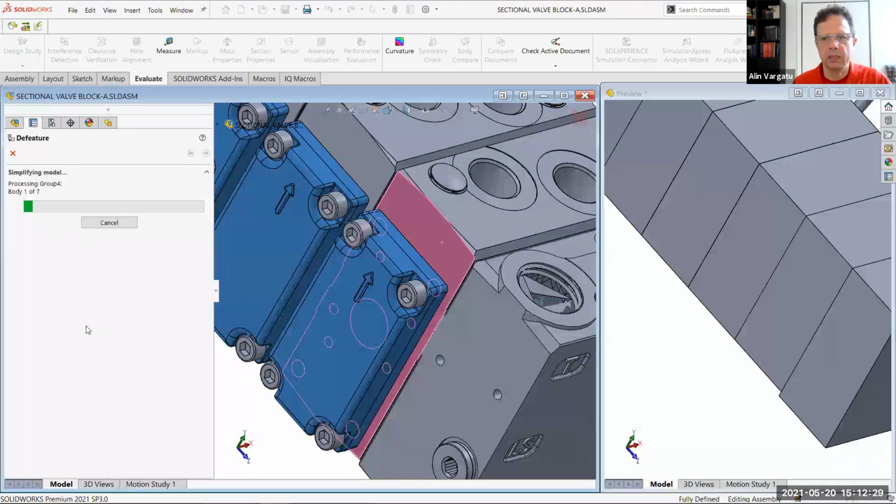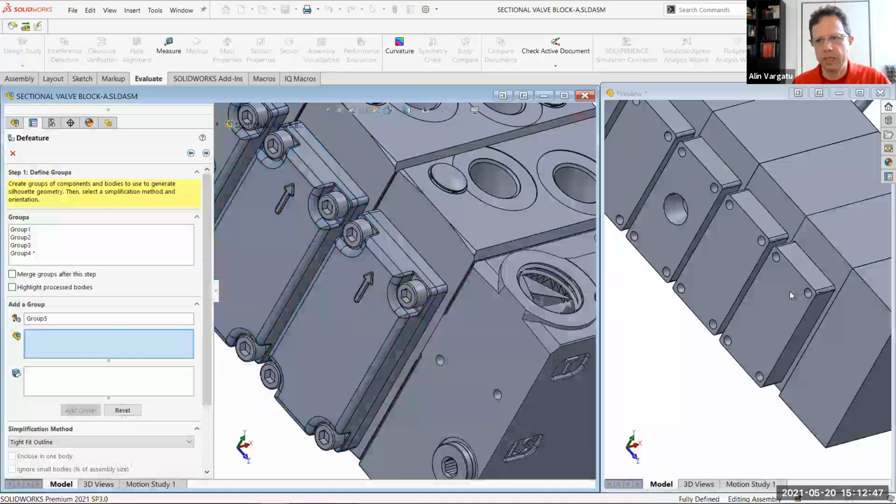So let's take a look at the result. Imagine it's going to be kind of the stamp, the footprint of this part, including any holes that are going to be in there. If you choose this, it's a bit more time consuming. Right, so you can see here I have the holes. This one actually has a big hole inside and they got preserved. And you'll kind of get the fillets over here. Okay,